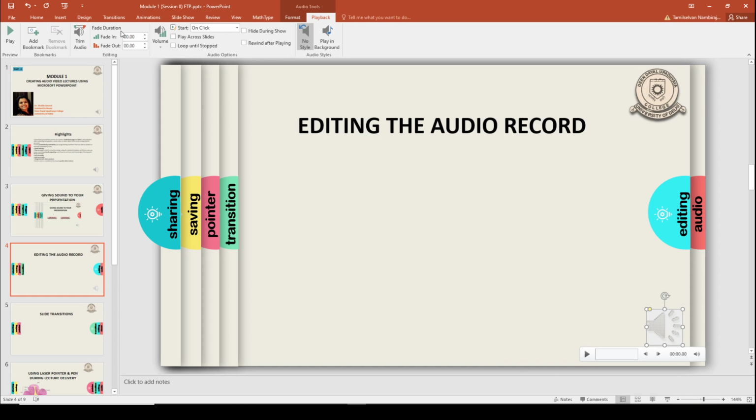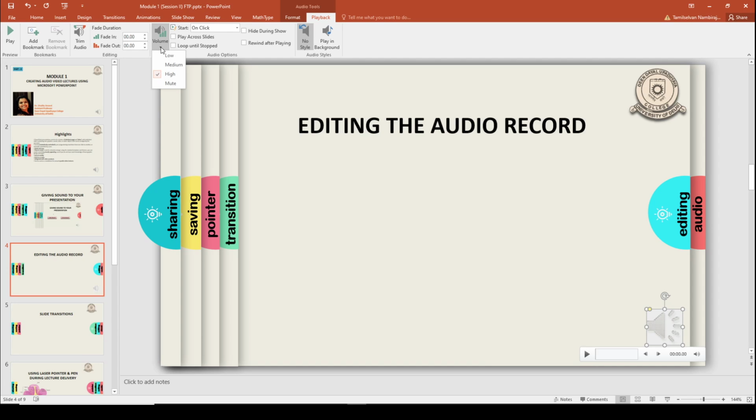Then the fade duration, so fade in and fade out. You can always keep your cursor on the option and see what that option is all about. So you can navigate and search it yourself also. If you want your audio file to start with a slight fading effect for some time, you can do that. It starts with a faded sound and then picks up and takes up the normal sound level.